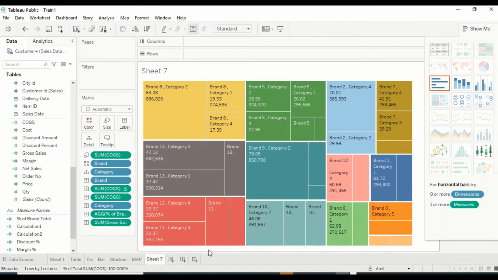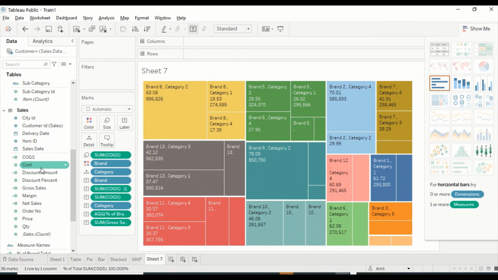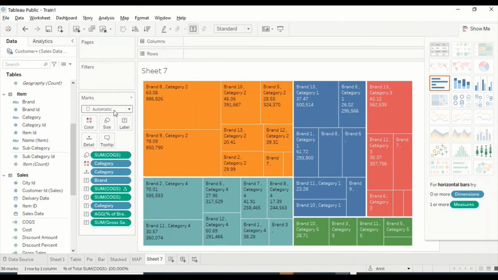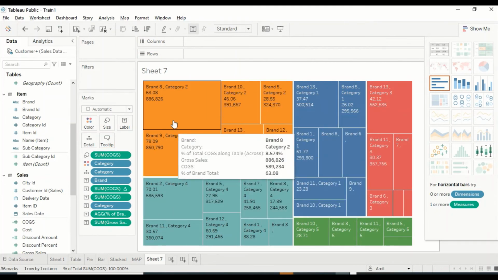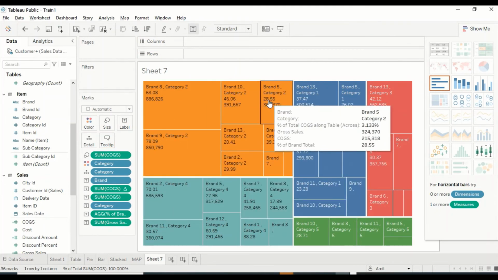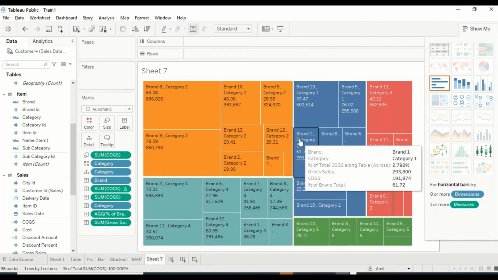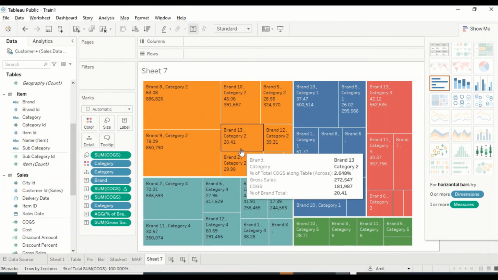Now one more thing which we can do, go ahead and quickly see what happens if we change the color to category. And now there's a very special thing which is going to happen. The moment I change it to category, all the categories get combined together. So the moment you do coloring on one of those things, the distribution changes, and I'm seeing the categories all together now.